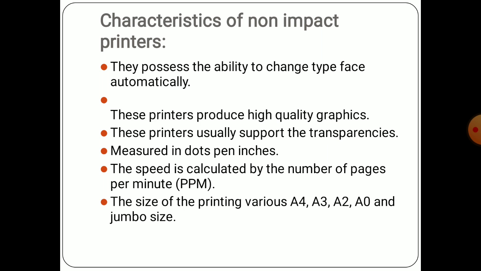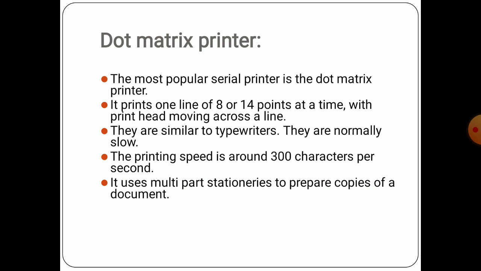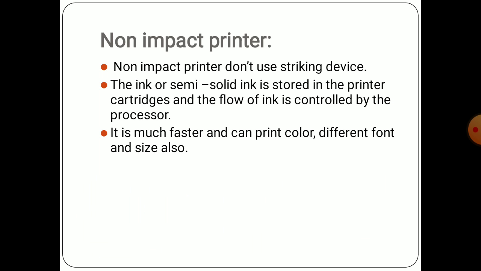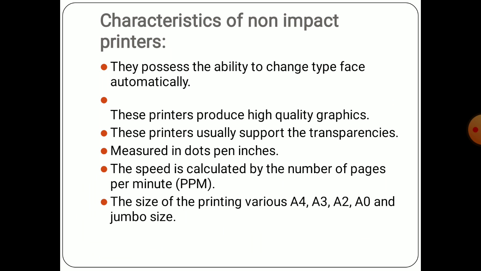Then the speed is measured in dots per inch. It is not 1 inch, it is per inch, just change it. Dots per inch means, as we have seen in your dot matrix printer, a single line is made of dots. So the capacity of your impact printer, not speed, is measured in a single inch: how many dots are there. And the speed is calculated based on the number of pages per minute, called ppm. How many pages it prints within 1 minute, that is the speed of your